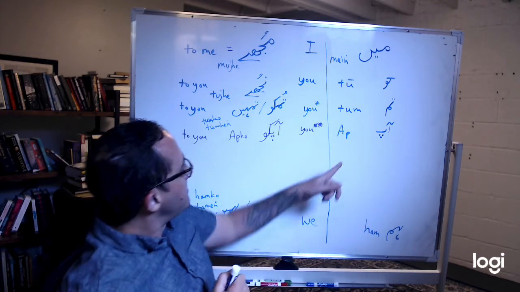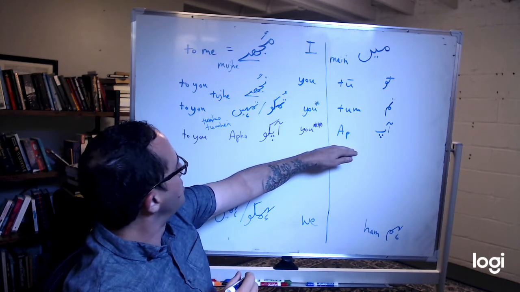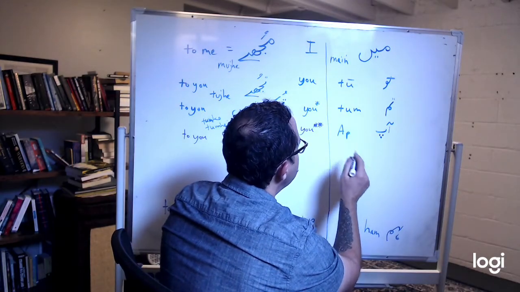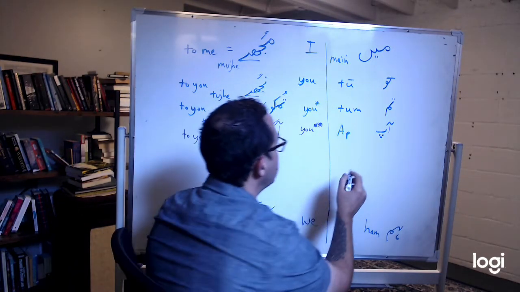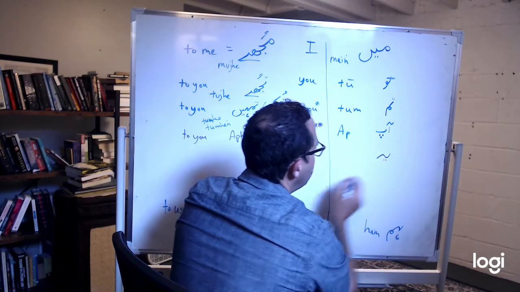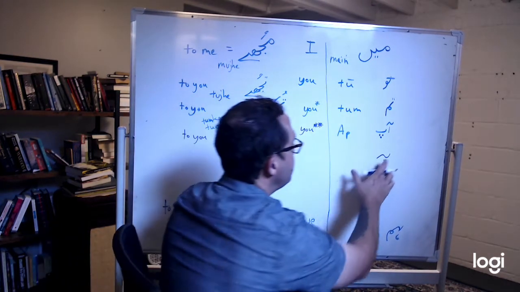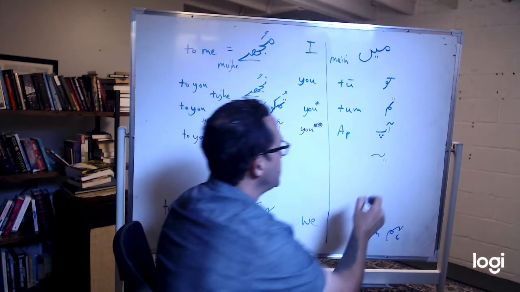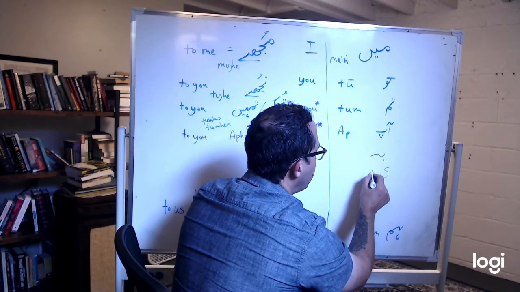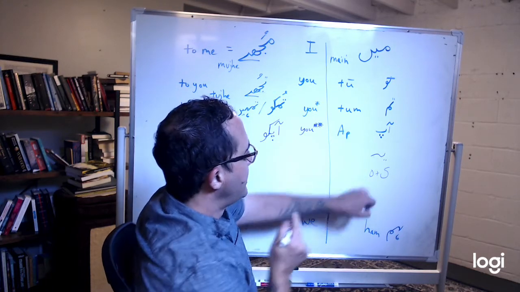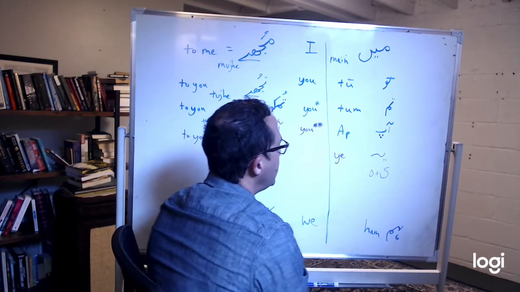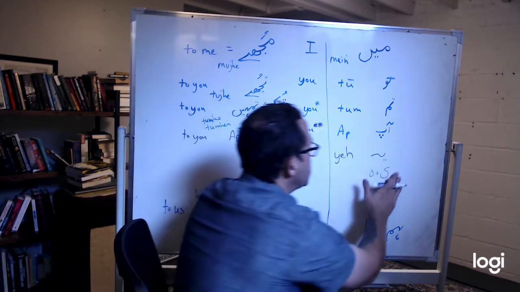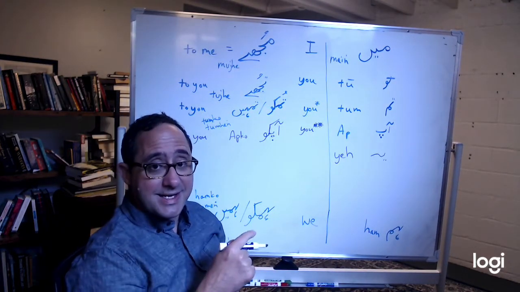Now from there, we need to go to he, she, and it. Actually, let's start with it. We're going to start with ye. You spell it like this. This is a ya, and this is the choti he. So this is the ya plus the choti he. It's said as ye, and it's written as this. Just trust me, that is for it and